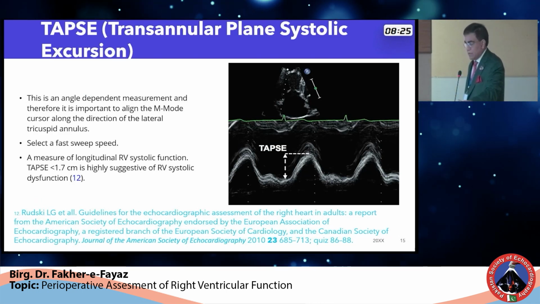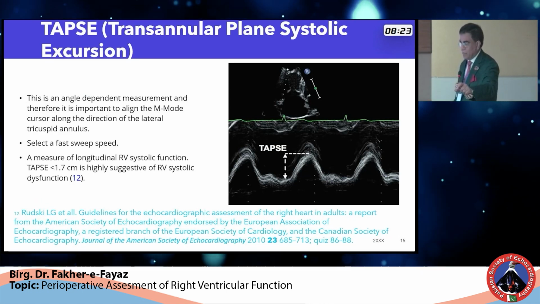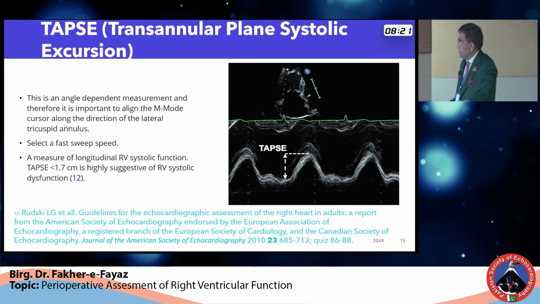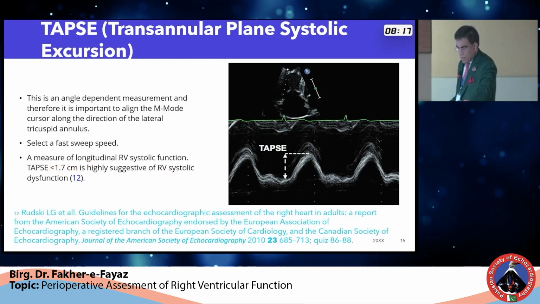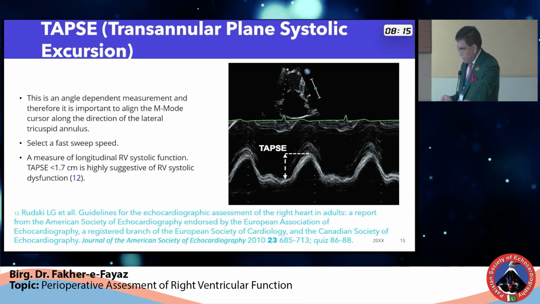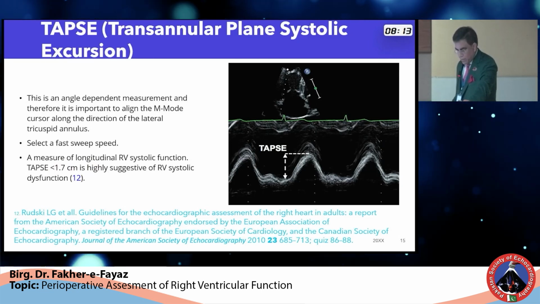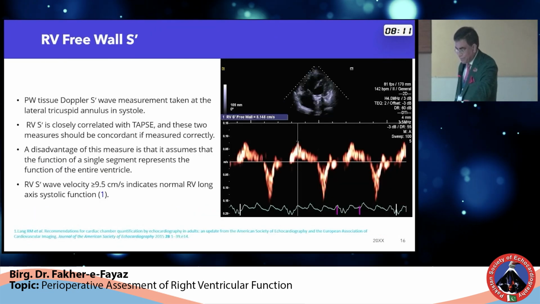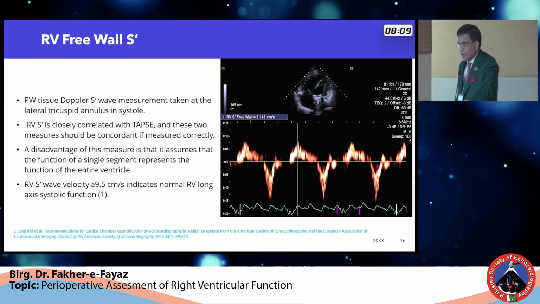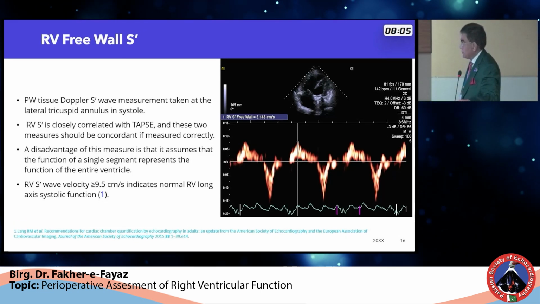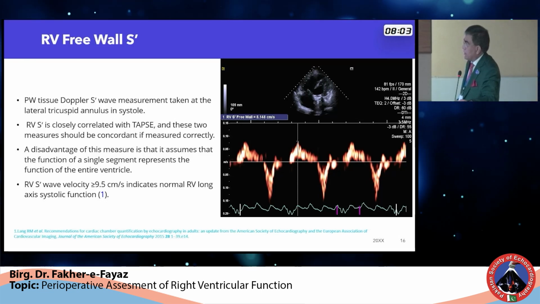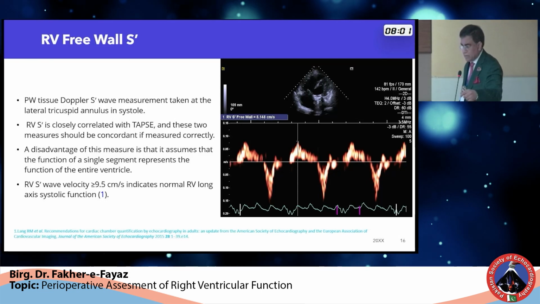TAPSE is angle dependent, and we need to remember a number of 17 here. This is the normal number. If it is below 17, we are definitely in a fix. So RV free wall S prime is quite sensitive and specific for the RV function, and is done on the